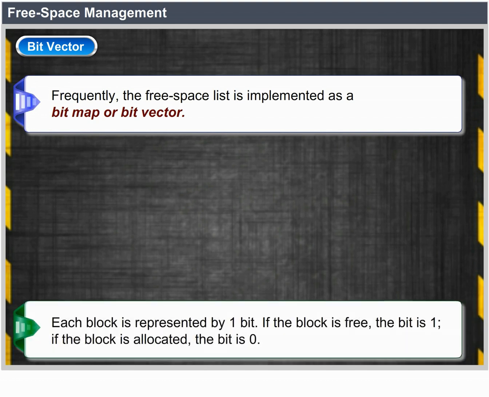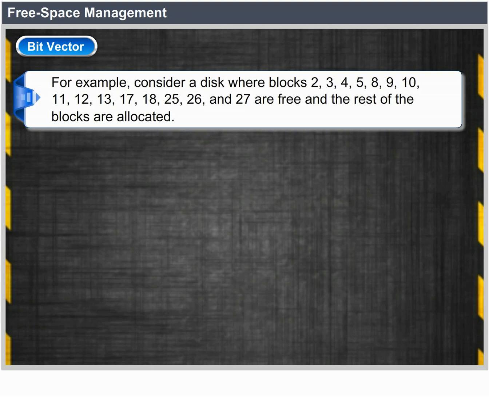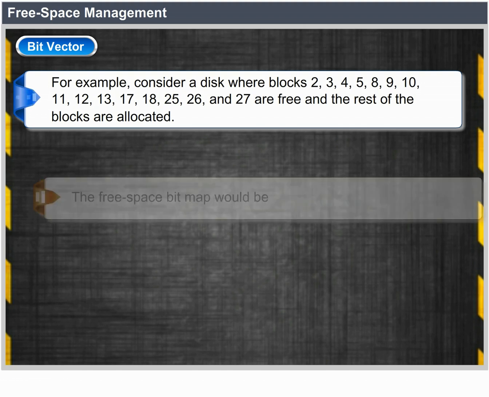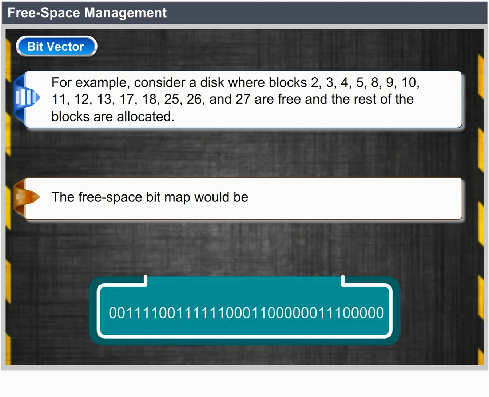For example, consider a disk where blocks 2, 3, 4, 5, 8, 9, 10, 11, 12, 13, 17, 18, 25, 26, and 27 are free, and the rest of the blocks are allocated. The free space bitmap would be 00, 1111, 00, 111111, 000, 11, 000000, 111, 00000. The main advantage of this approach is its relative simplicity and its efficiency in finding the first free block